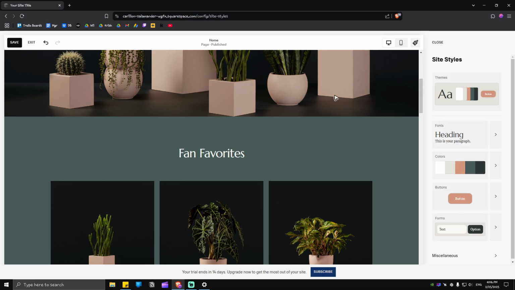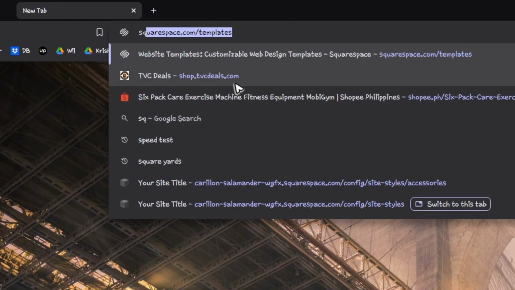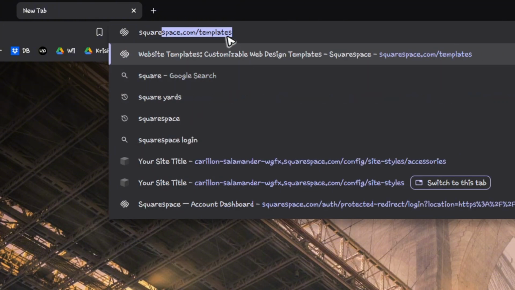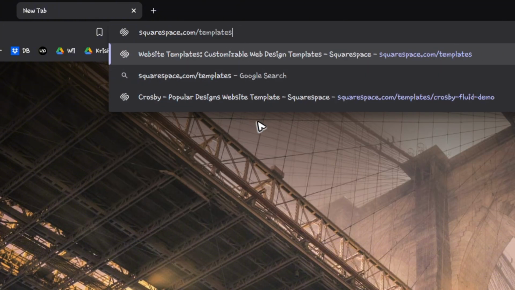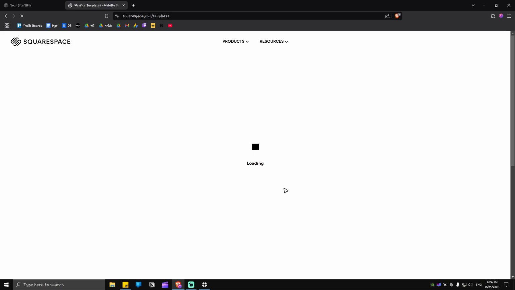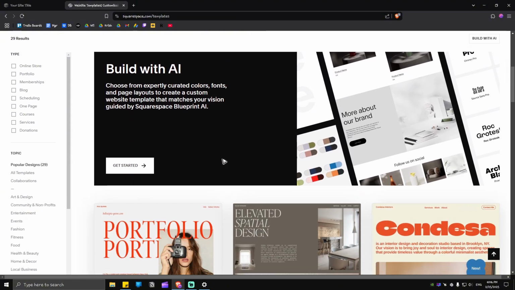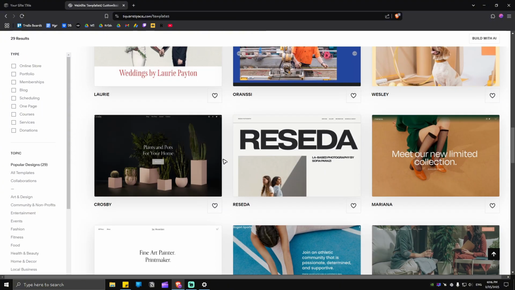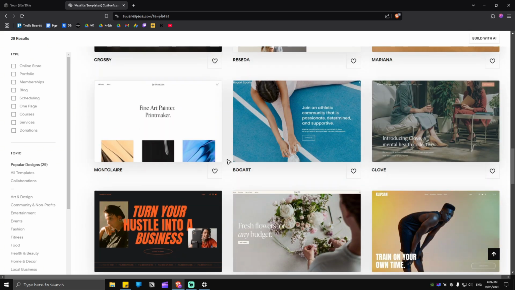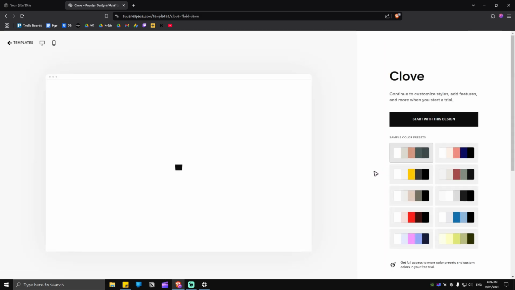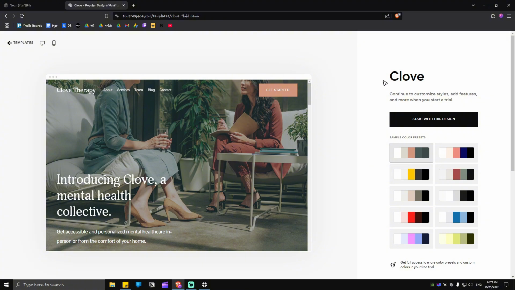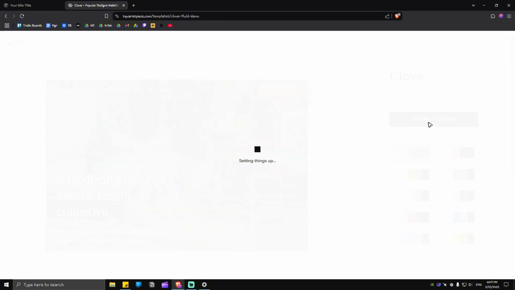Now, if it's okay with you to start over again, you can just go to squarespace.com/templates. Just hit enter, so you'll be redirected to this exact page right here. From here you'll be able to select your favorite templates. For example, I'm going to change this one to this one right here. Again, you can just tap or click on start with this design